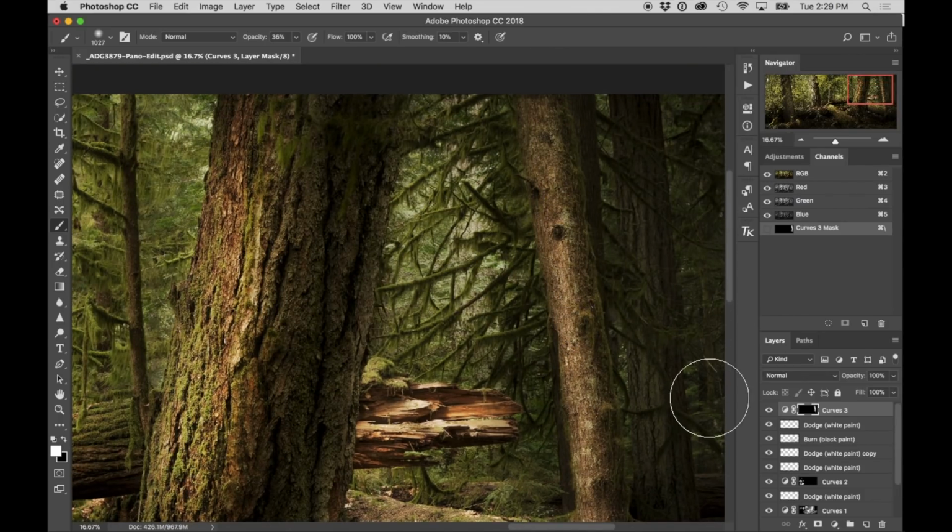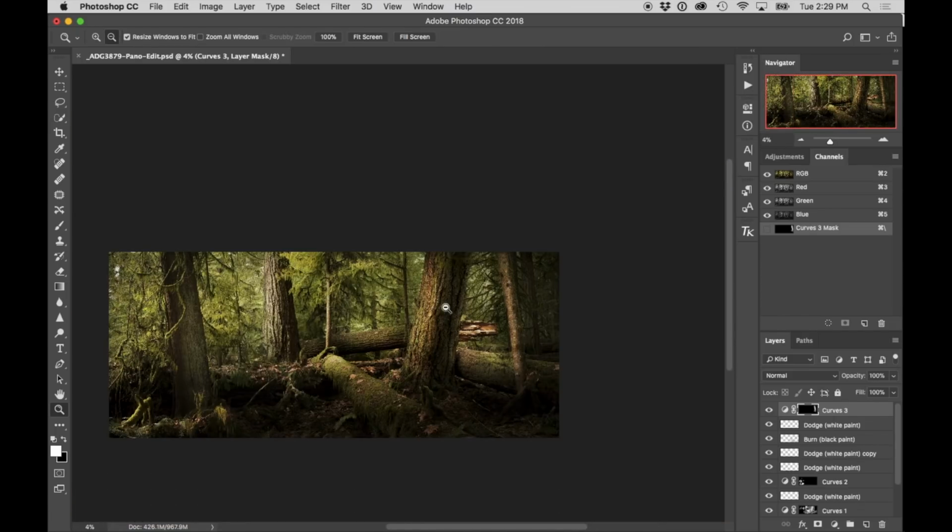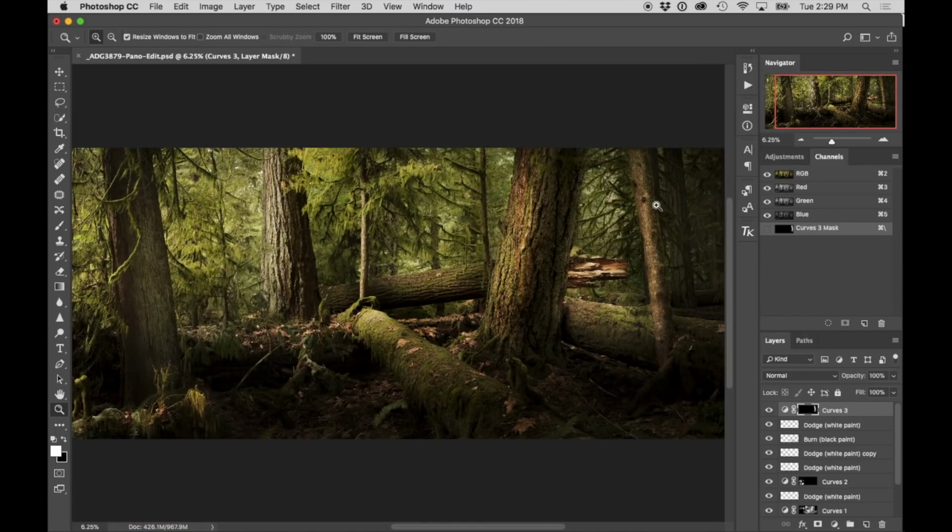Let's see there. I'll just click on that. That's great. Okay. I might have darkened that tree too much, actually. Okay, click back on the mask, invert the paint, so X, black, B,